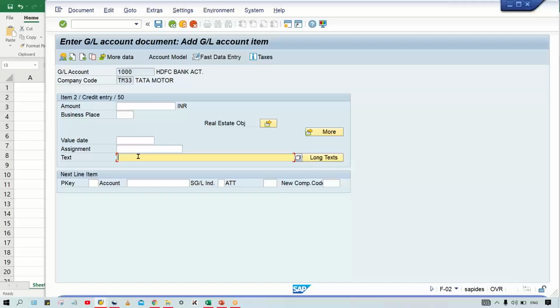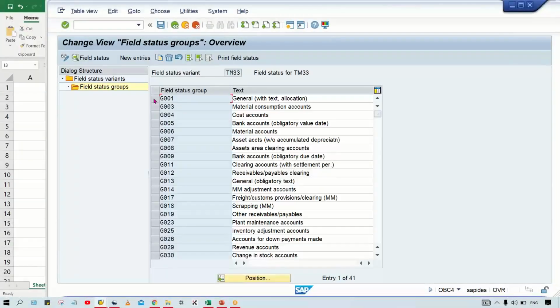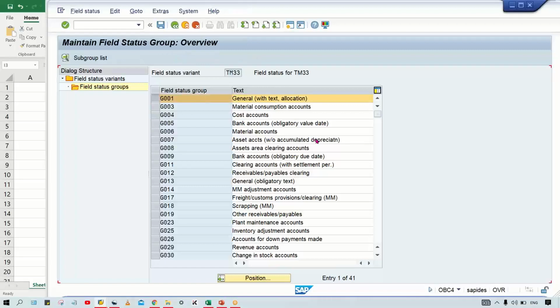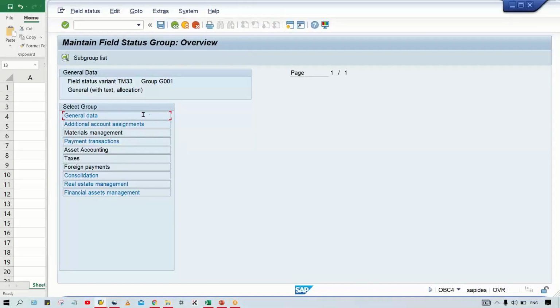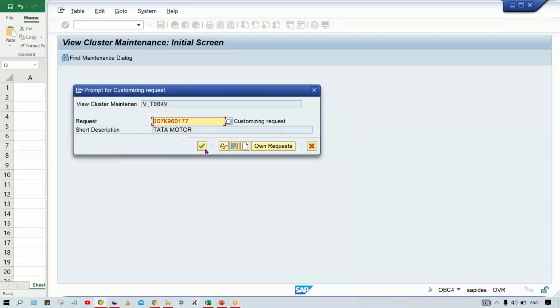Sometimes what happens? Narration, this is called narration, right? Sometimes the user may forget to write the narration. So that is why we can do one thing. You select this G001 and you can make it a text field. Double click on general data, make the text field a required entry and save it. So if you make this text field a required entry,